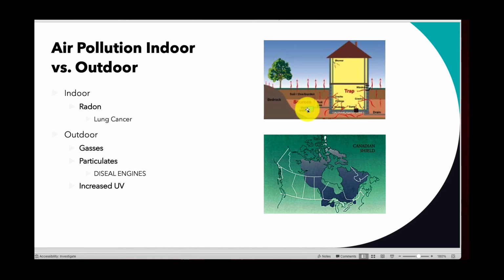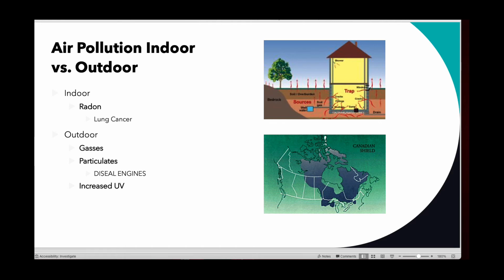And one of the major areas where radon is a constant problem is up here in Canada. They have some pretty high levels of radon poisoning, and the homes there have to constantly be tested for radon. And again, it has nothing to do with how old the home is or what the home is made of. It's just something that's in the soil, and it's something that we have to be aware of. And if you don't have your home tested for radon, you can certainly develop cancers, lung cancer being the most prominent one in radon poisoning.